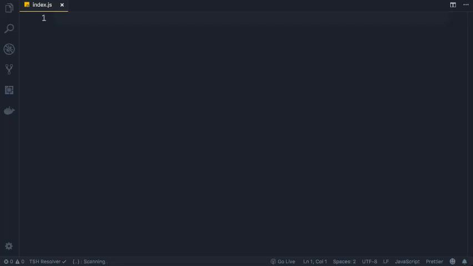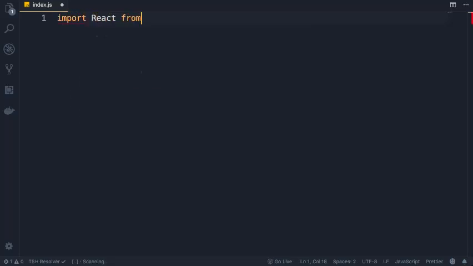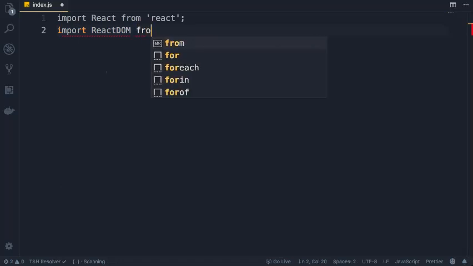So if you're not familiar with ES6 modules, don't worry, just code along with me. We'll get to them in the next section. So import React from React. So this is the module, and this is the object that we're importing from that module. The other object we need to import is React DOM, and we're going to import this from